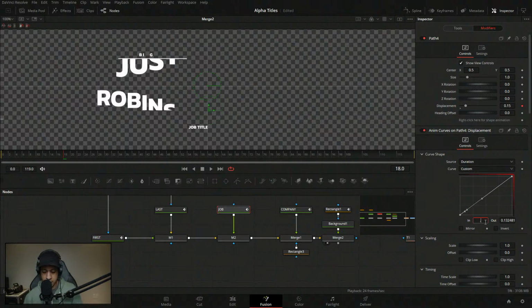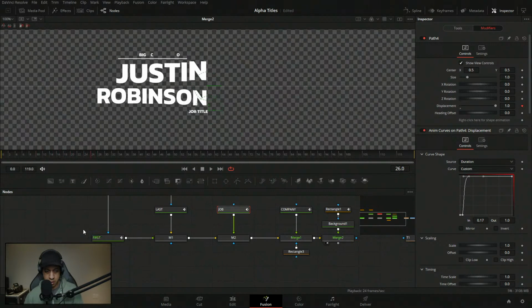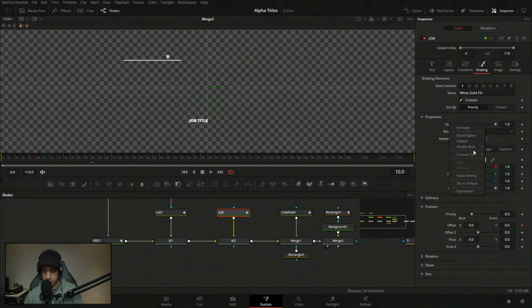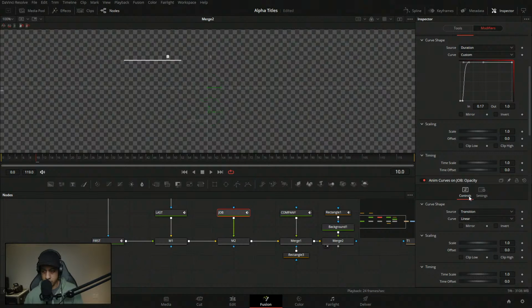From here, we'll make this like 0.5 to 0, and then like 1.7, add an animation curve onto there. So we have that, and then so we're 0.5 and 1.7. Come into here, we'll switch this up a little bit, go into duration, custom,